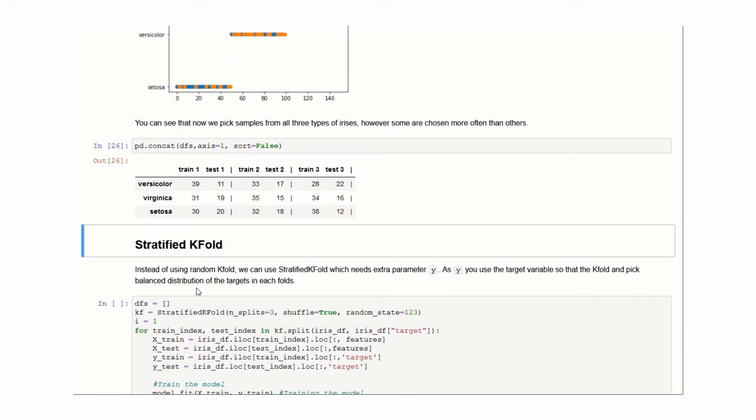Now let's apply stratified k-fold. We'll use stratified k-fold when we have an imbalanced dataset. Using the stratified k-fold, we'll balance the distribution of the targets in each fold.